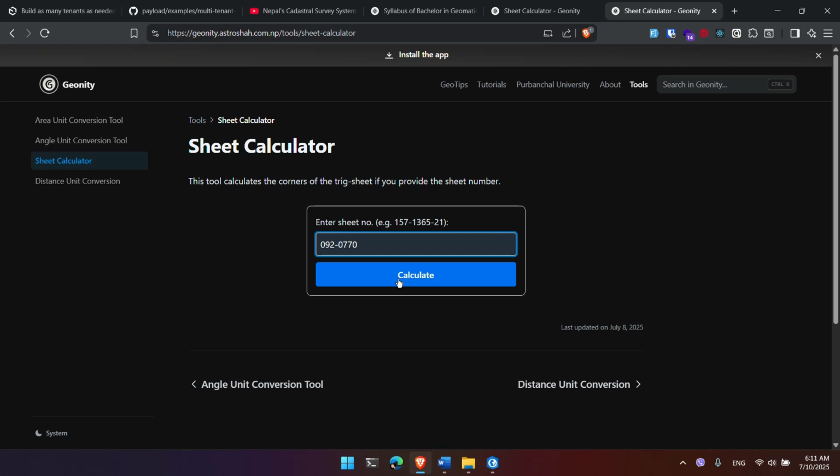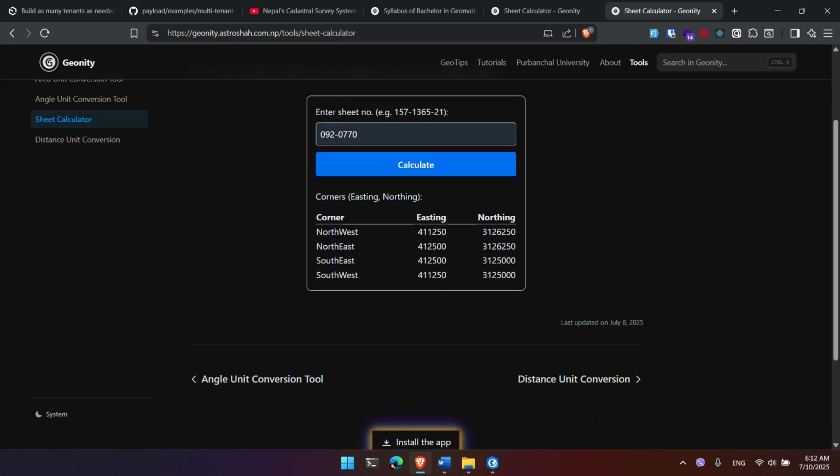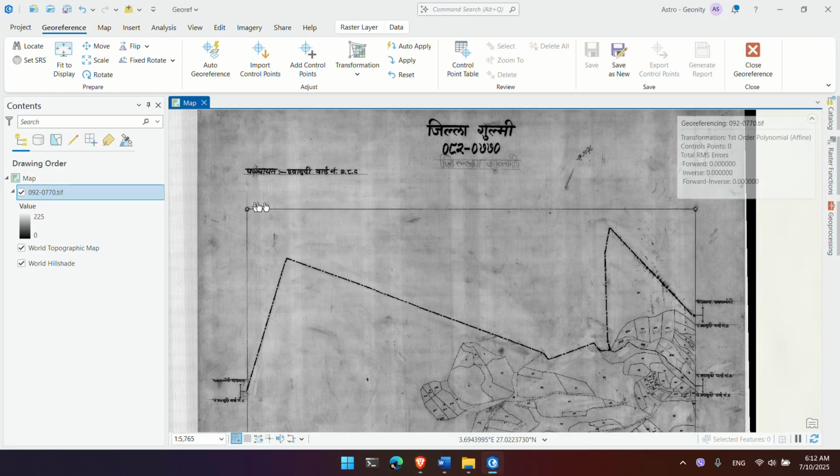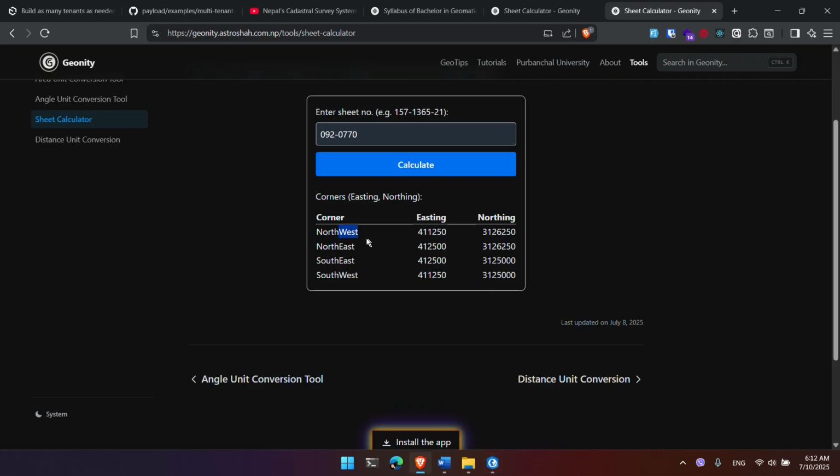So I've entered the sheet number and I'll calculate. With that, we can easily get the four corner coordinates. So let's use these coordinates. This is the northwest side, right? Northwest. So let's copy easting, copy,